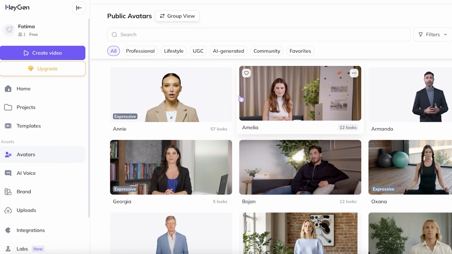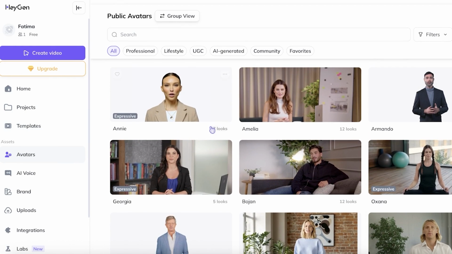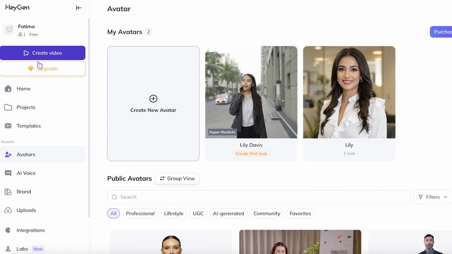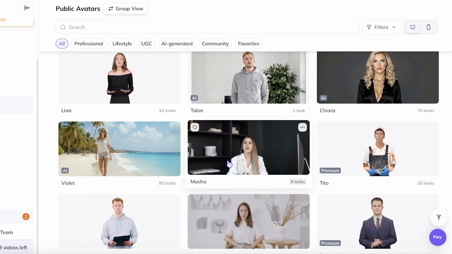However, if you want to just choose one of the pre-built models to build your videos, that also works really well. First off, you can choose if you want to get started with your video or if you want to get started with a certain avatar. So I want to be using this particular avatar here, and I'm just going to click that, and then this